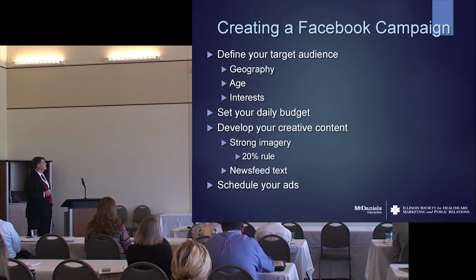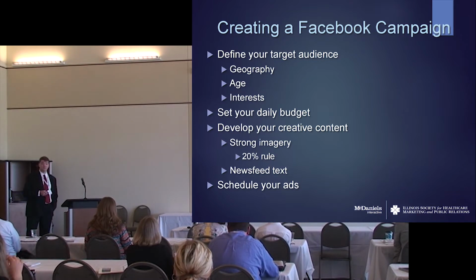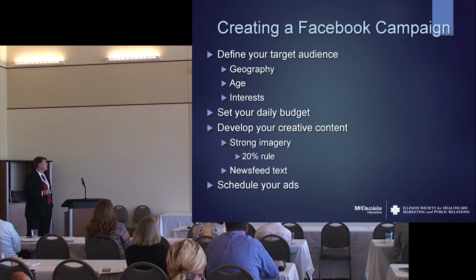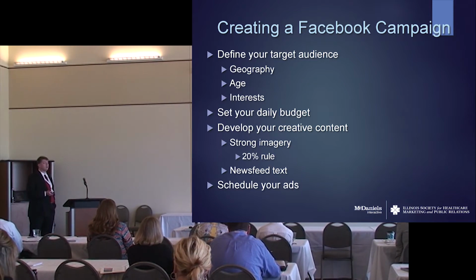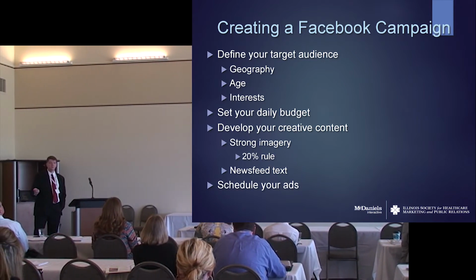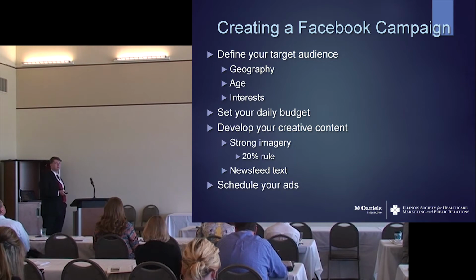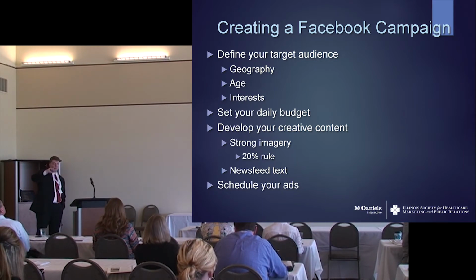Again, with Facebook, when you're going to create a campaign, you'll notice a lot of this is similar to Google. You'll define your target audience. You'll pick your geography. Facebook allows you to pick by age. You can narrow it down by age and by interests. They recommend up to 10. I've noticed if you go too far beyond 10, unless those interests are very aligned, and if they are, Facebook will suggest a category that covers all of those.